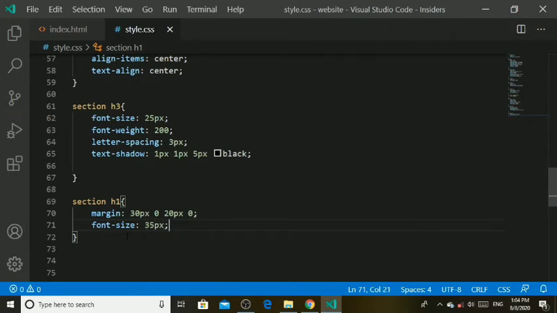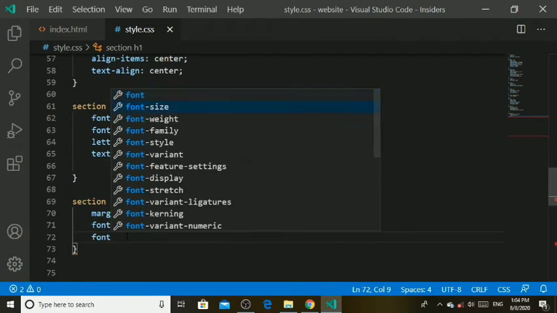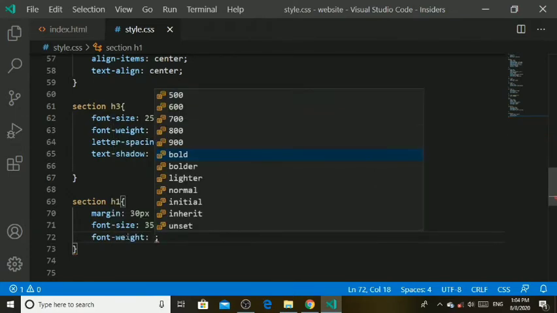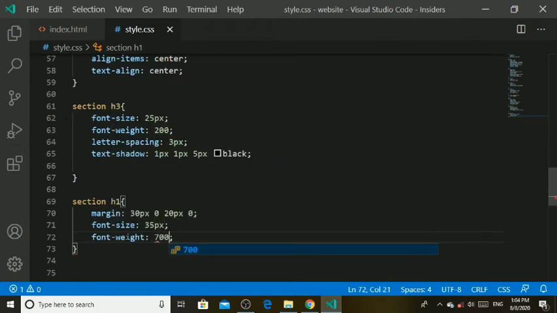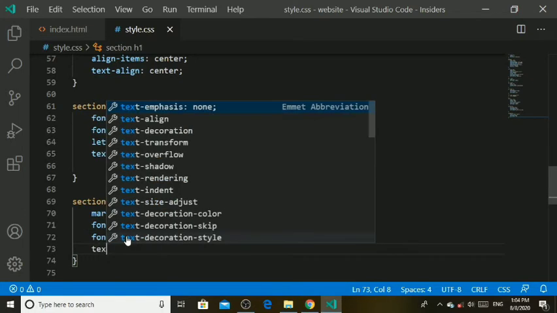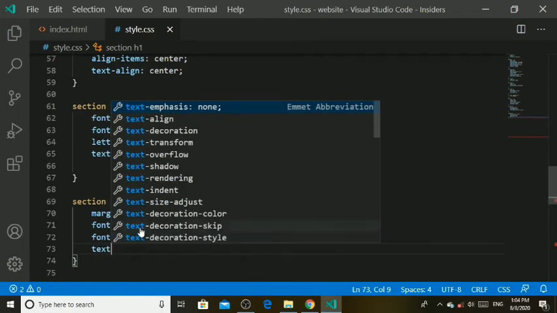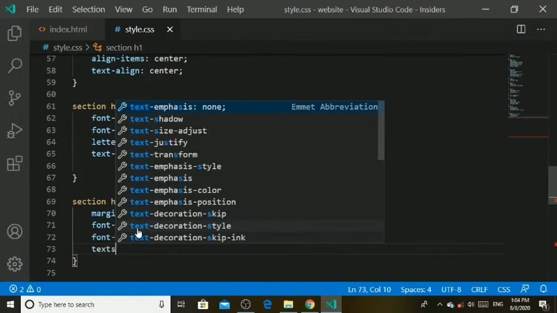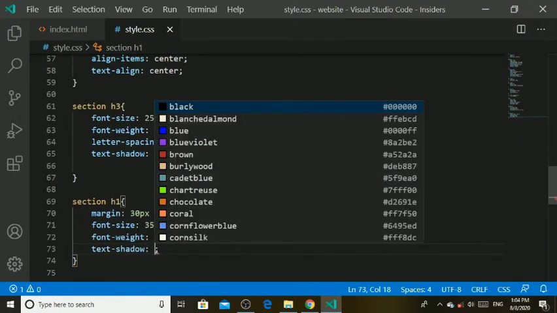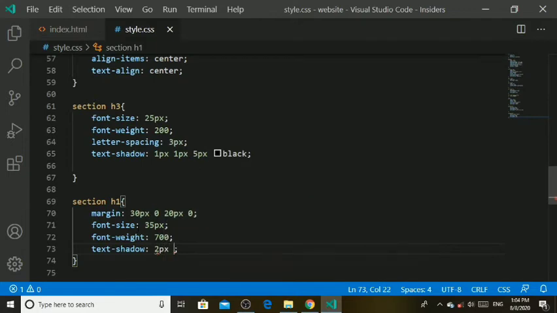So I have written here font size 35 pixel. Then after this font size, I'll be using font weight. Font weight will be 700 because it's the boldest part of our website header page. After this, I'll be using text shadow, and the text shadow will be 2 pixel, 1 pixel, 5 pixel,